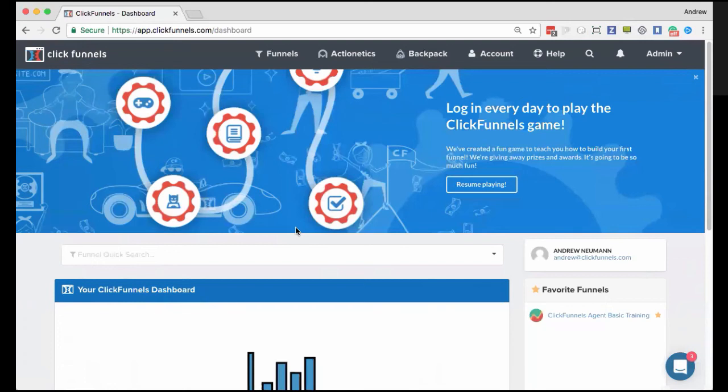With Actionetics, you're not going to have that problem because ClickFunnels is not going to shut you down for any spam complaints you're receiving. It will be your SMTP server that does. Now, that sounds scary, but all you need to do is plug in another SMTP server and your emails are back up and running. Your list is still getting the emails. You didn't miss a beat. The only thing that you did was change what your emails are sending.